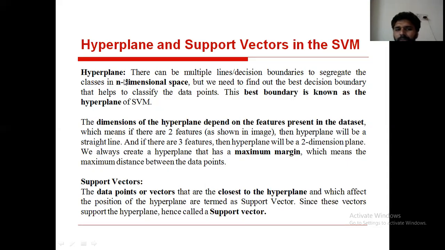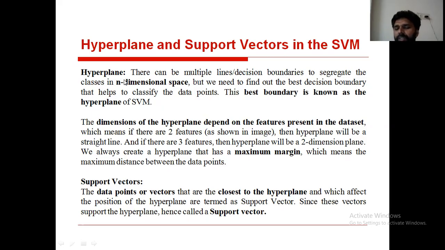Now coming to the support vectors. What is a support vector? I already told you what a support vector is in the last video. The data points on the decision boundaries. Here, data points mean instances.